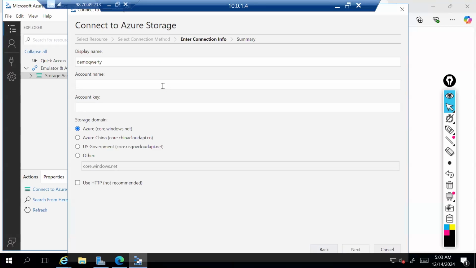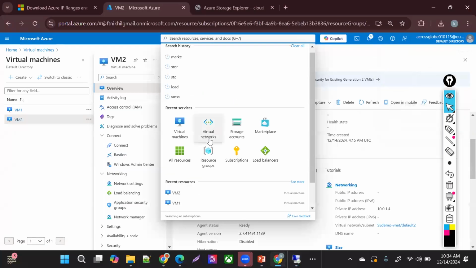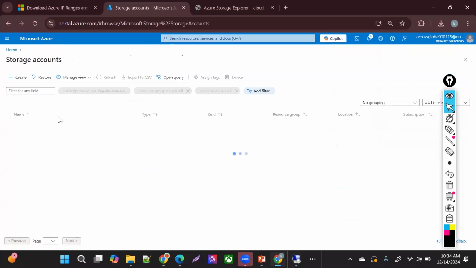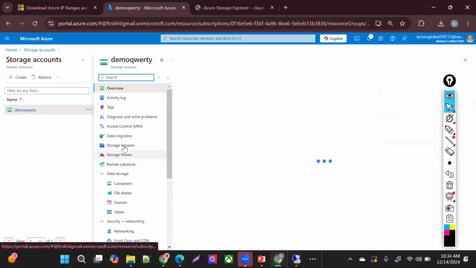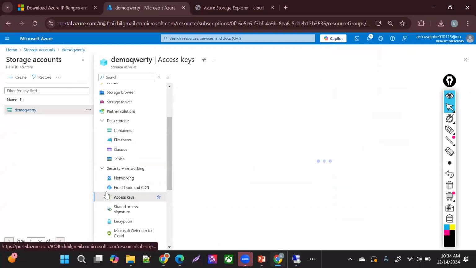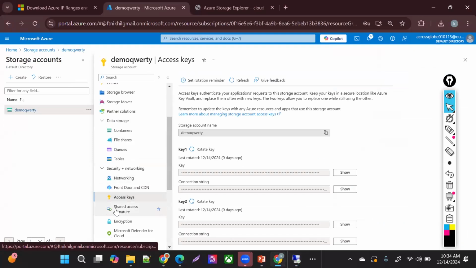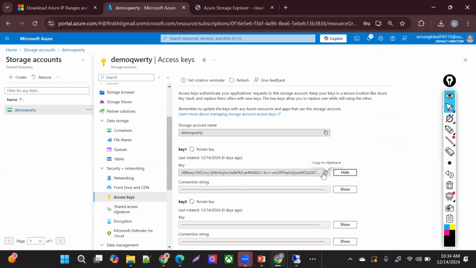Copy, put it here, and then copy the keys. For this demo, I'm taking the easiest way, but always follow the shared access signature. Always follow the shared access signature.